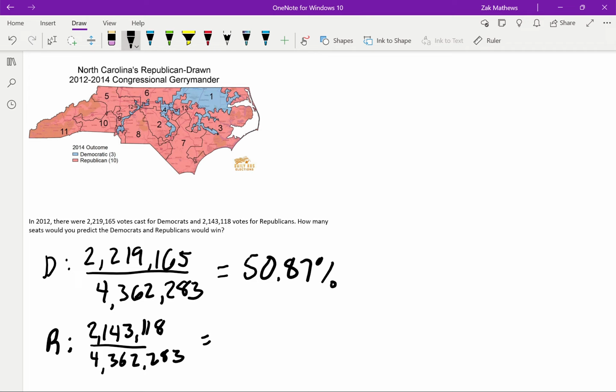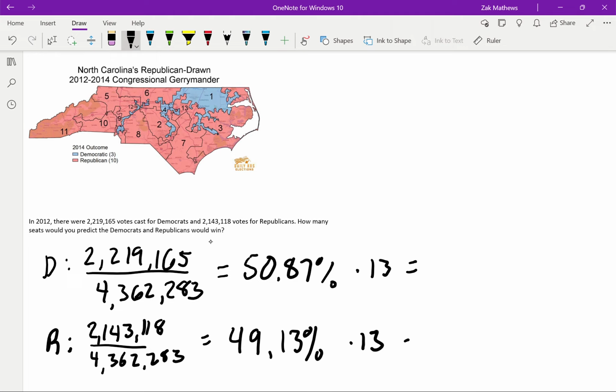That's 49.13% of the vote. So if we're thinking about seats, they're very nearly split. Of course, there's 13 seats. No one party is going to be able to have exactly the same number as the other. It's going to have to be a little bit out of balance. But if we take these and multiply by the 13, just to see how many seats we would expect,